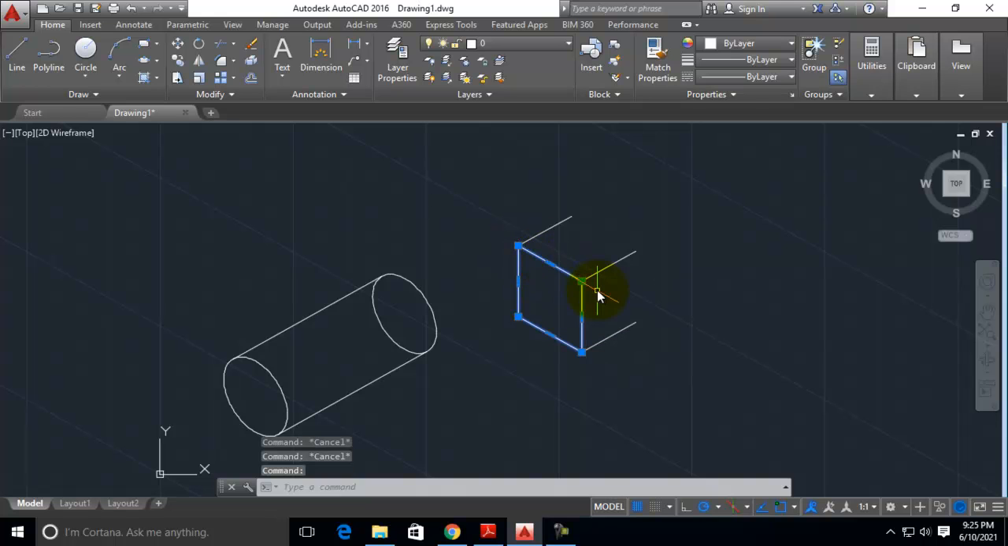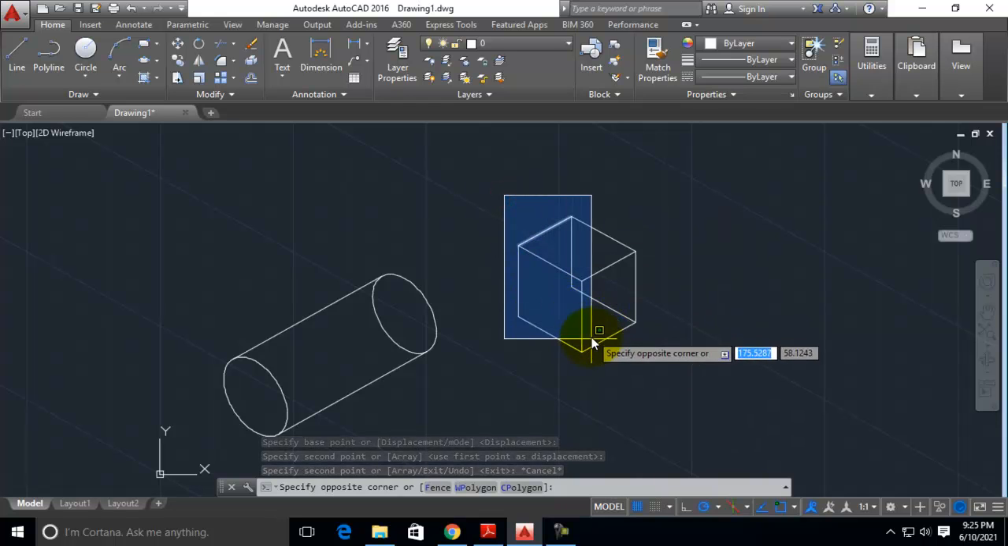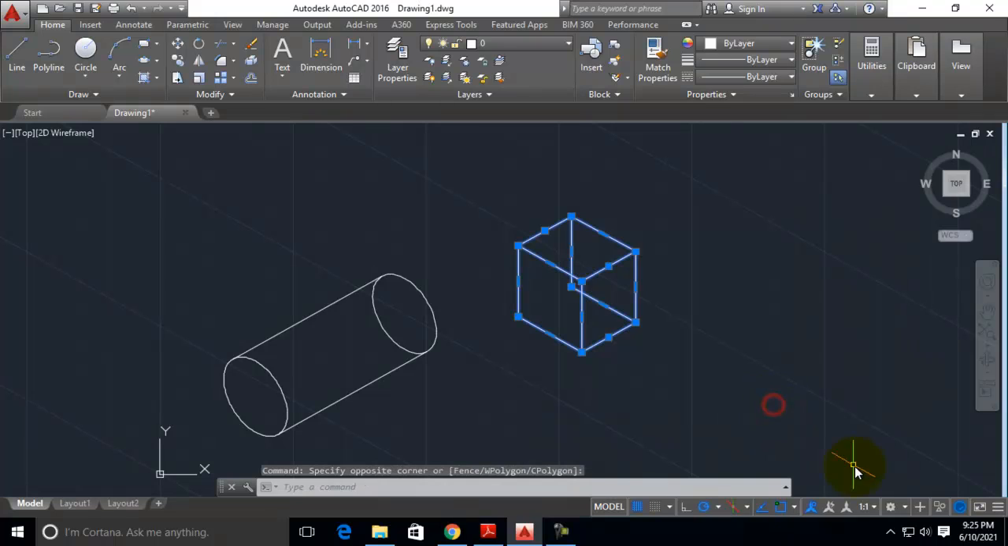Select this rectangular, that is this parallelogram alone. Use the copy method, select this as base point and copy it to this place. Now we have completed the cube. Now you can select everything and use